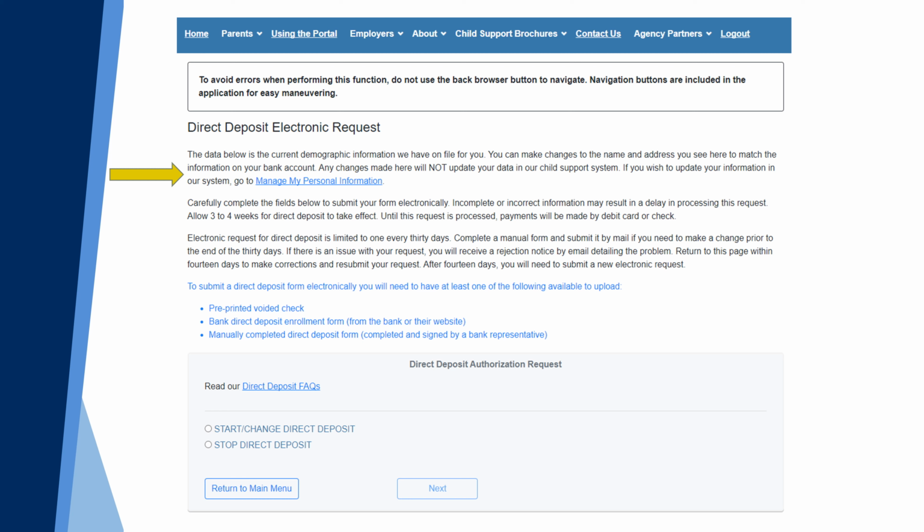After completion of the form, allow 3 to 4 weeks for direct deposit to take effect. Payments will be received by debit card or check until the request is processed. You are limited to one electronic request every 30 days. If changes are needed prior to the end of the 30 days since last submission, print a paper copy and